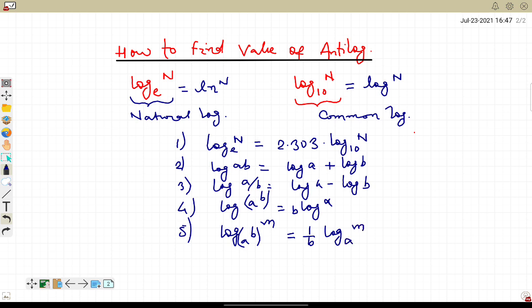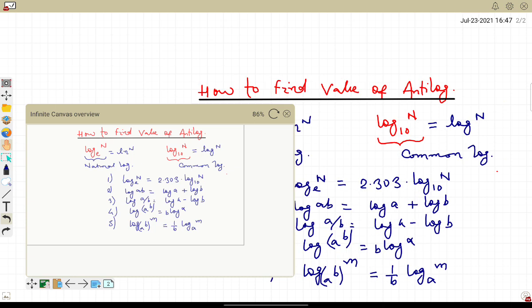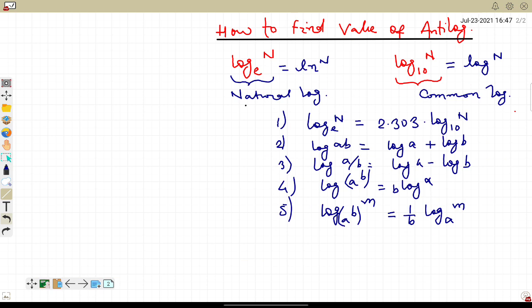So to find the value of antilog, all these formulas are important. After that, we have discussed how we can find the value of log, like we can find the value of log 1. So try to remember 2 or 3 values. So one by one we will try to find some log values and how we can find the value of antilog with the concept of log. First one is log 1. So what is the value of log 1? So log 1 is equal to 0. Log 1 with any base is 0. In this formula, in each and every case our base value is 10. If nothing is written, then base value is 10. First one. Second,